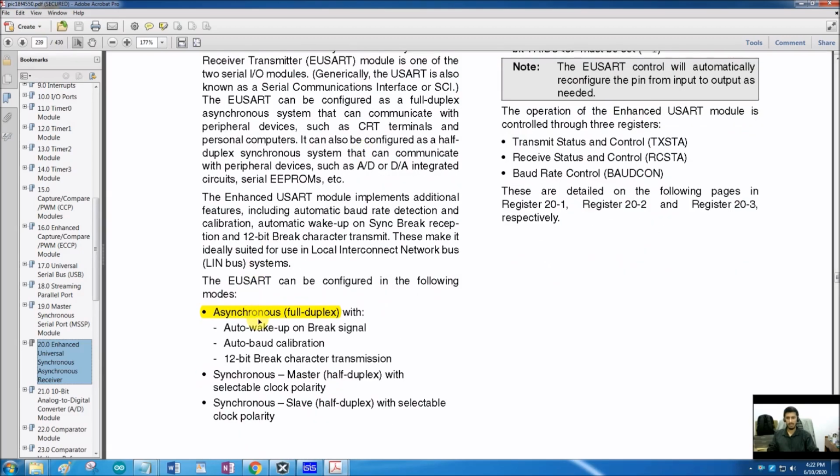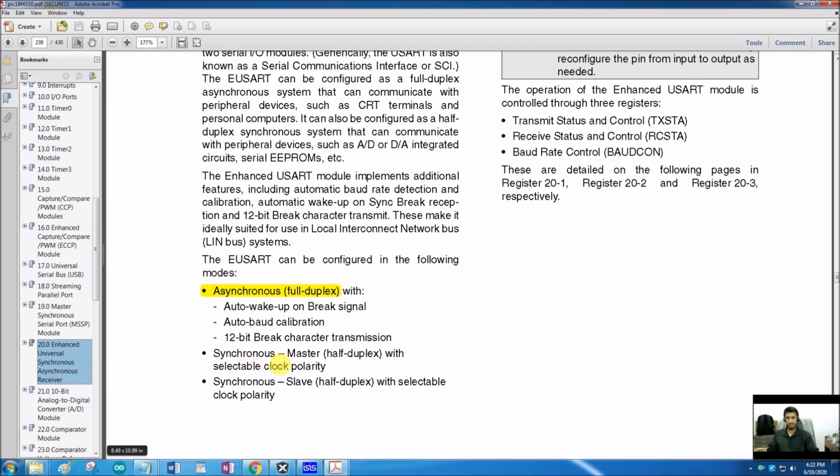And here is the difference between asynchronous and synchronous mode. In synchronous mode, we will have only a half duplex communication. Half duplex means we can either send data or receive data. We cannot do that at once. So we have to set our microcontroller in master mode or slave mode, and that mode will be controlled by the second microcontroller.